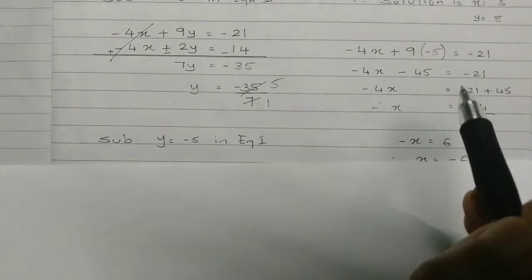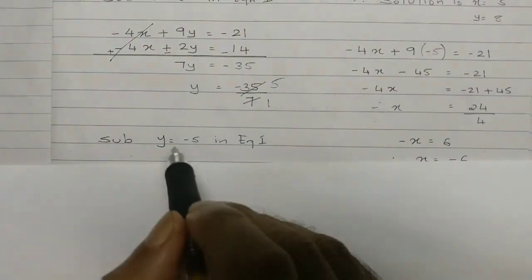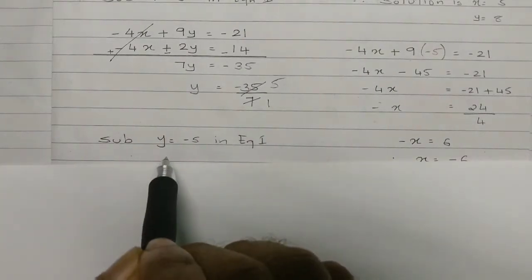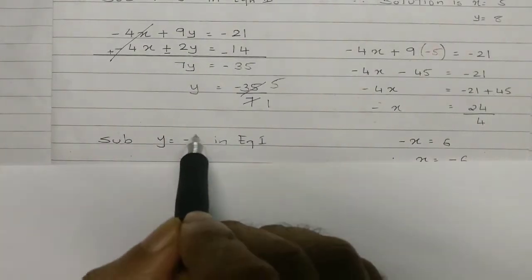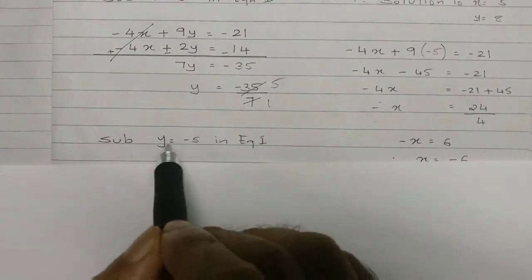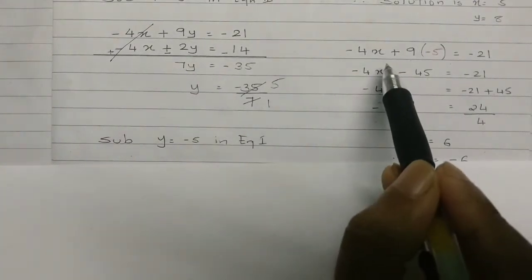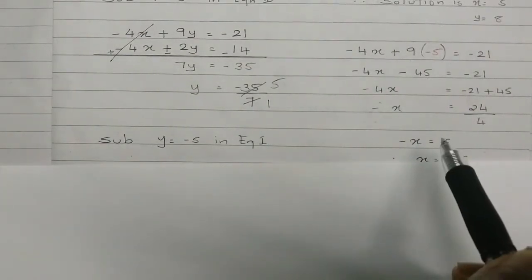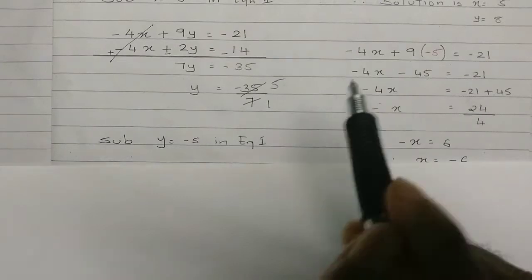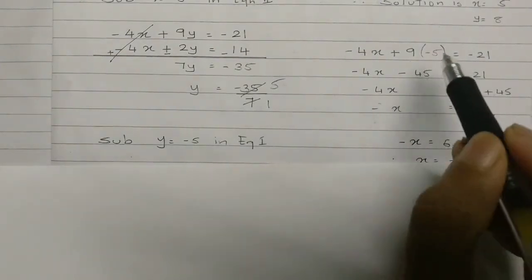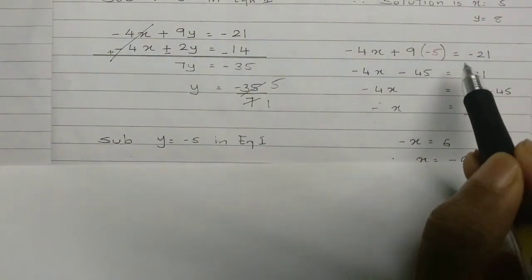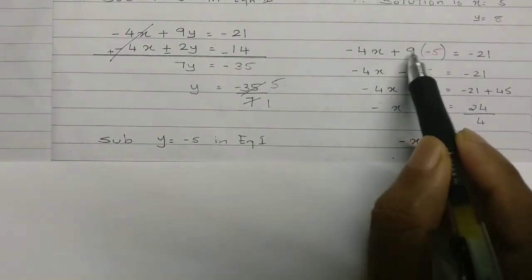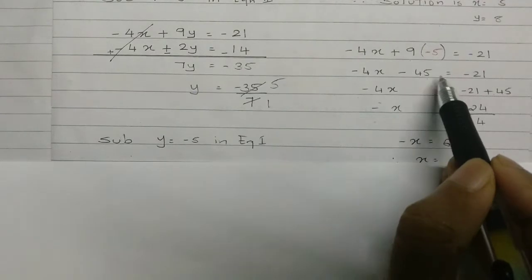Take care, students, whenever you're solving this, please remember what you have substituted for, because most of the time students find the value of y over here, but when they are substituting in the other equation, they substitute for x and the entire problem goes wrong later. So keep that in mind and do the substitution correctly. So this would become minus 4x plus and minus 9 5s are 45 is equal to